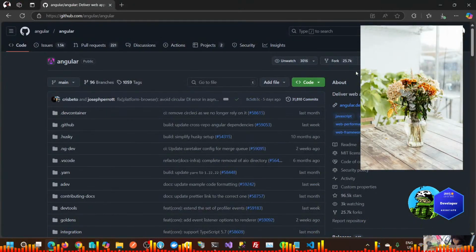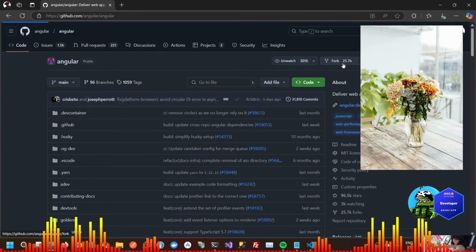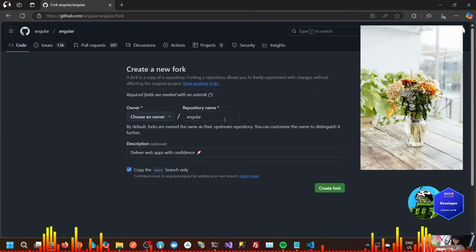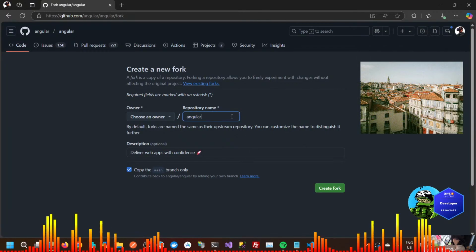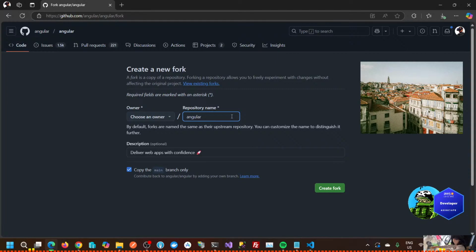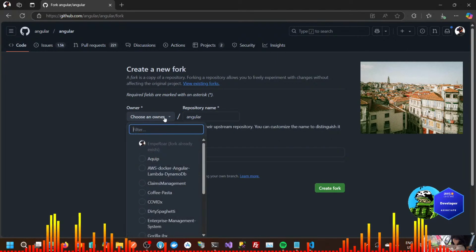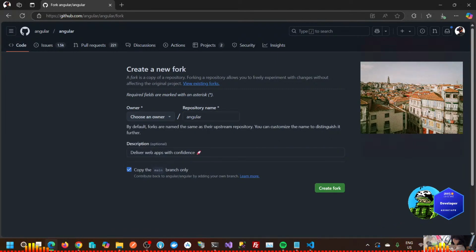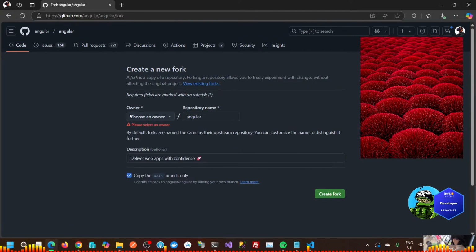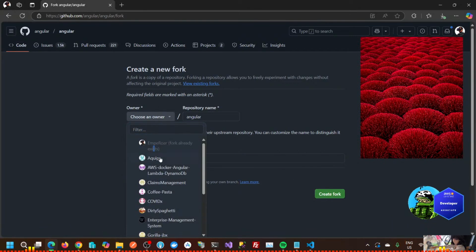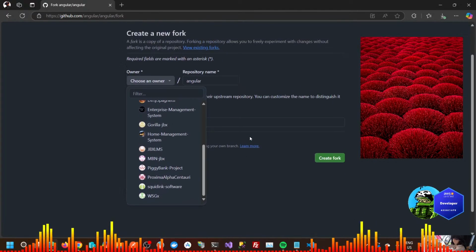So I'll fork this. I'm forking it to my repository. Create a new fork. Choose an owner. This is the owner. Create a fork. Please enter an owner. I'm the owner. Why?